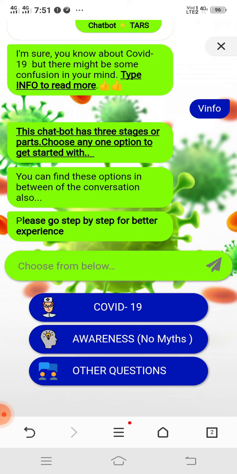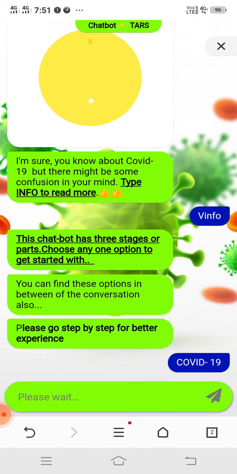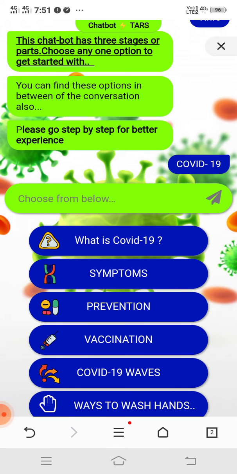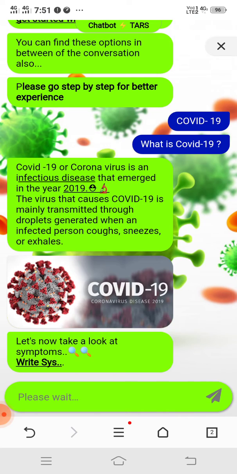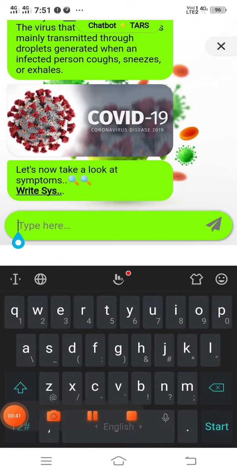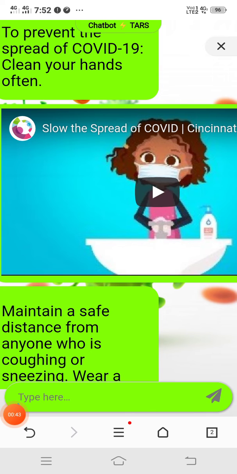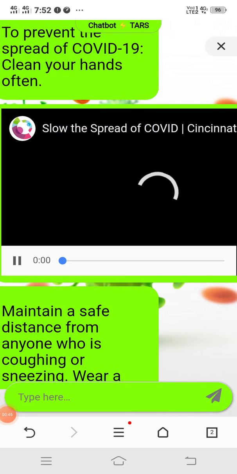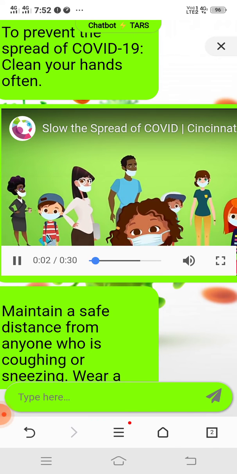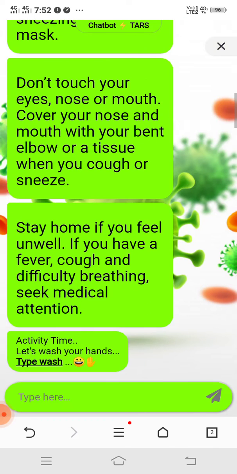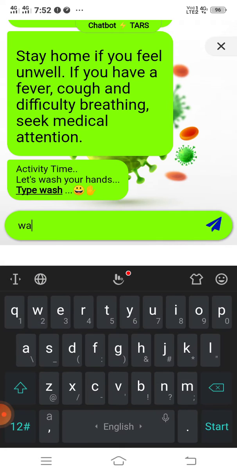This chatbot has all the cool features, and it has 3 stages, that is COVID-19 awareness and other questions. These are some of the videos that help the user to understand. We all have a personal responsibility to slow the spread of the virus. And then there is an activity of washing hands,